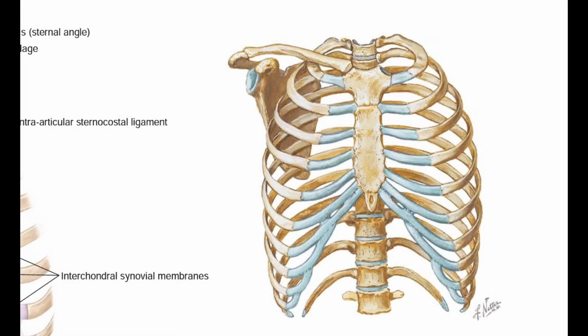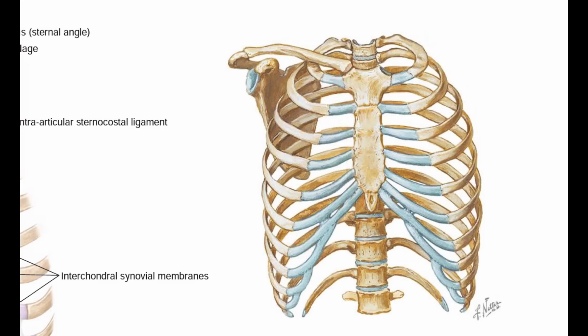Let's discuss the costochondral joints. Costochondral joints are primary cartilaginous joints. They are located between the anterior end of the rib and its cartilage. So this one is the costochondral joint. Next, the chondrosternal joint. The word itself has the meaning: chondro relates to cartilage and sternal to the sternum bone. So these are the joints between the medial ends of the 1st to 7th costal cartilages and the lateral border of the sternum. They are often known as sternocostal joints.